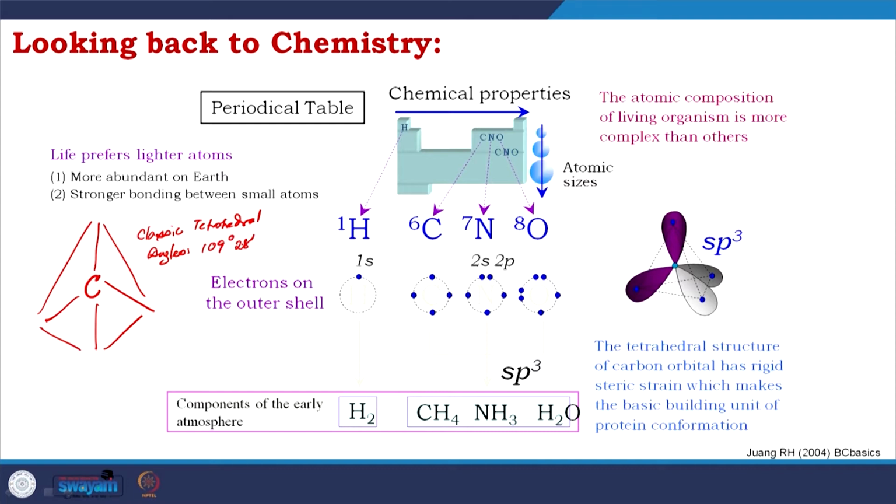But in addition to this, it gives another interesting phenomenon. If you look at the carbon in this model, you will see that this is the tetrahedral. Now, if instead of hydrogen, these are 4 different groups, then